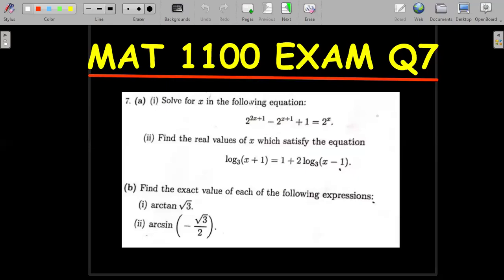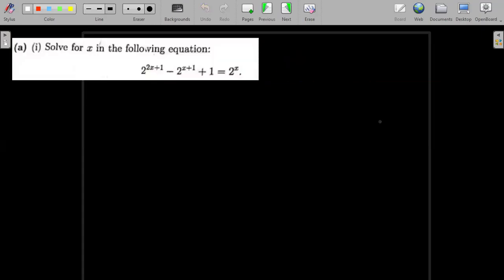Alright, so we'll start from here. We have this question. It says solve for x in the equation. So the equation is 2^(2x+1) - 2^(x+1) + 1 = 2^x. So this is a question